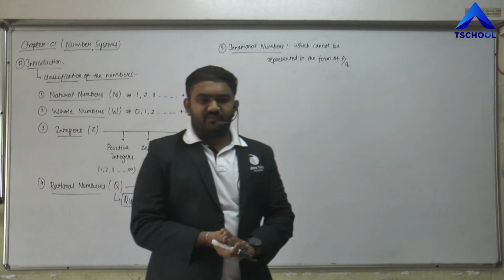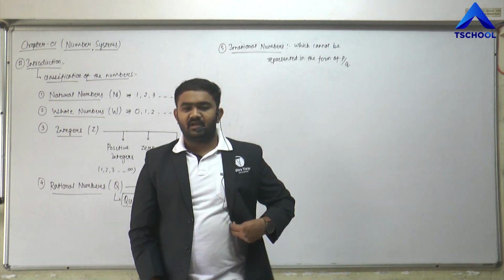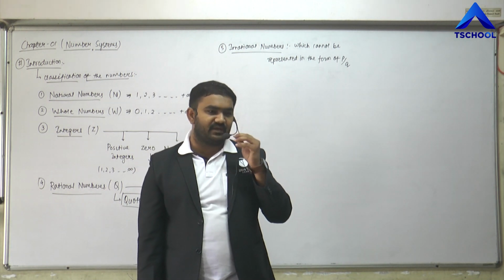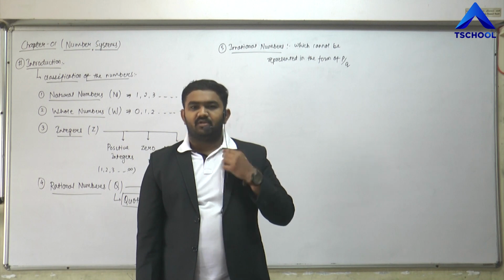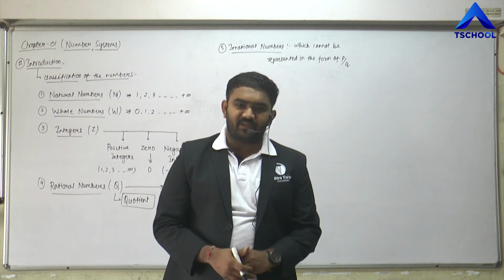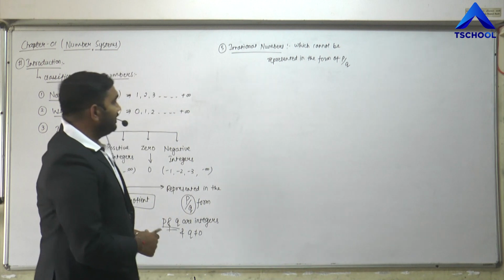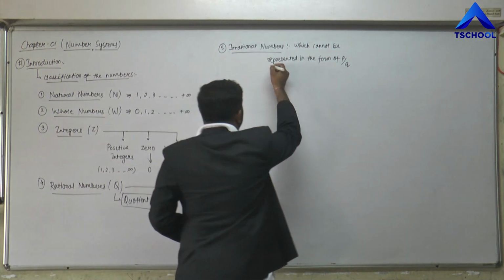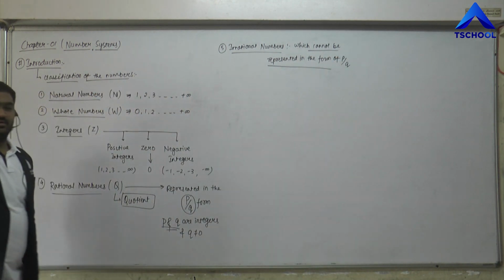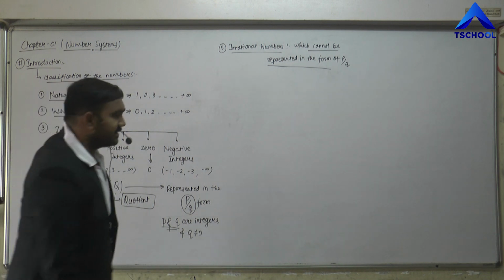Now you might come with a question: sir, is 1 an irrational number or not? No, 1 is not an irrational number. There is some basic definition for how to identify irrational numbers and what they denote. We shall discuss irrational numbers in the upcoming topics. For now we just know that irrational numbers are the numbers which cannot be represented in the form of p by q. We shall discuss this later on.